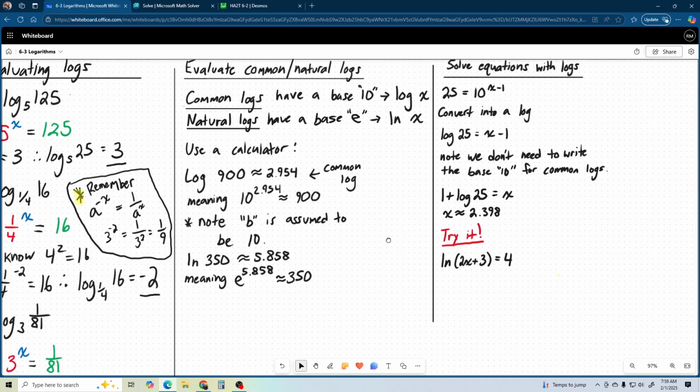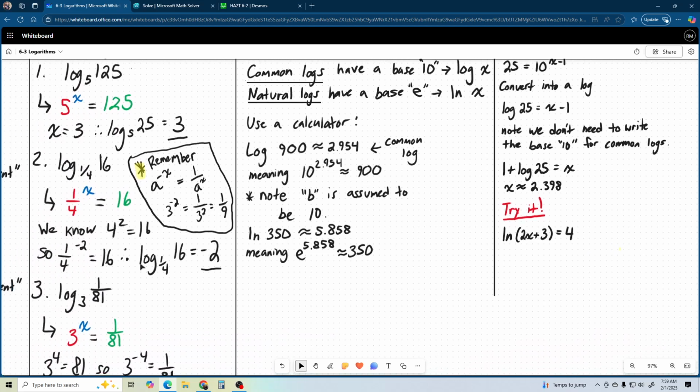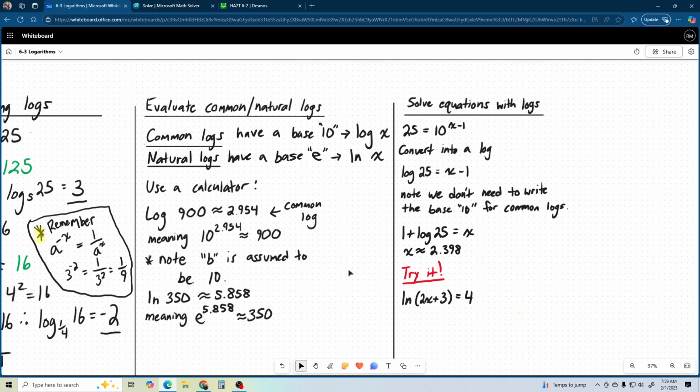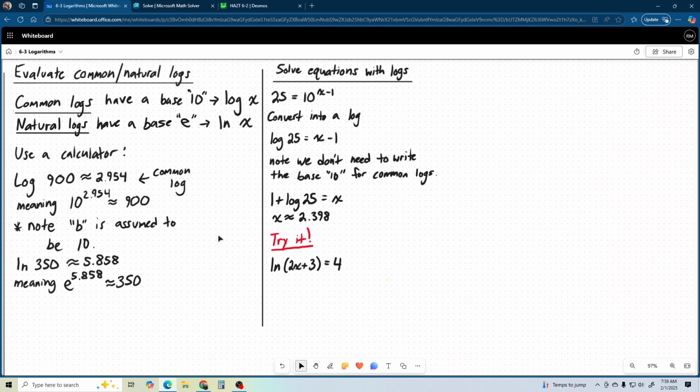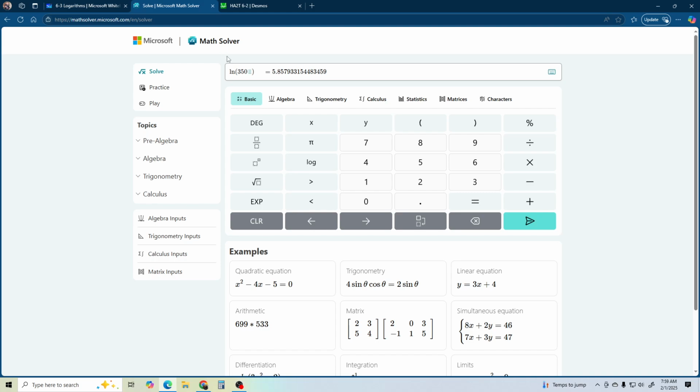Okay, so all that stuff was awesome, learning how to do it without a calculator, but 90% of the problems we're going to solve are going to be with a calculator. So let's learn how to do that. Now, if you go to your calculator and try to hit the log button, you're going to notice that